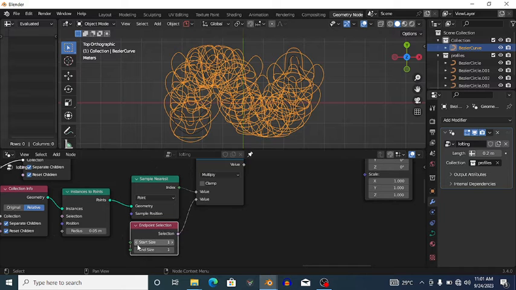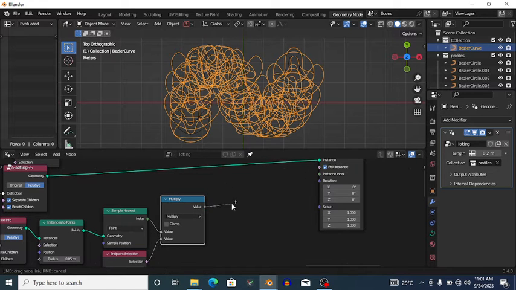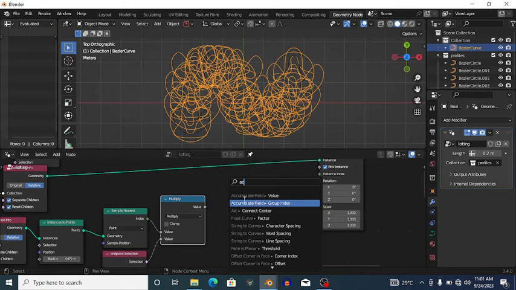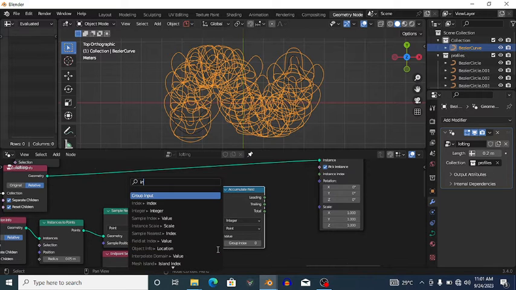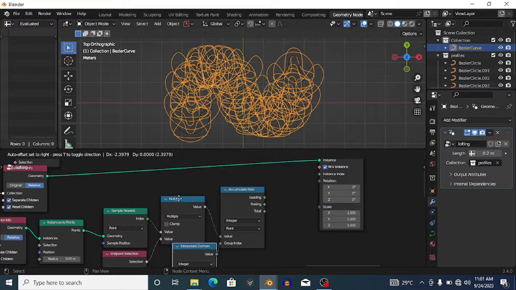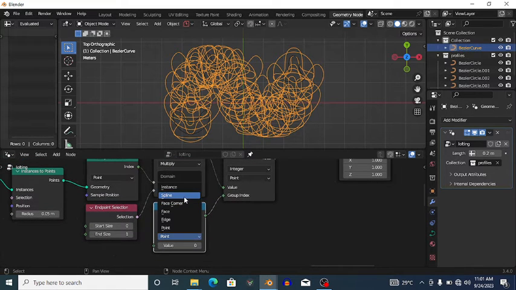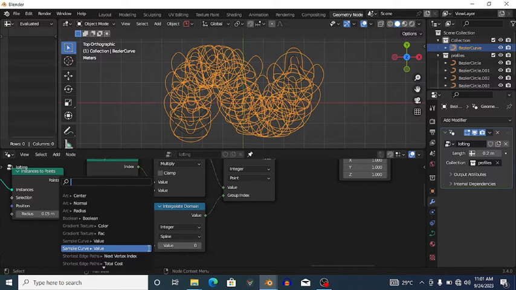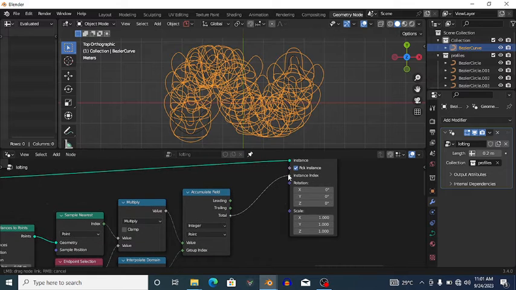Then we're going to change the start size to 0. Then I'm going to connect this to an accumulate field node, and it's best to use integer, and connect it there. Then in the group index, I'm going to use an interpolate domain to say that these points should be of one single spline, and I'm going to connect in index. Then connect the total into the